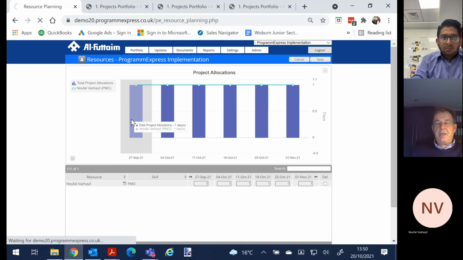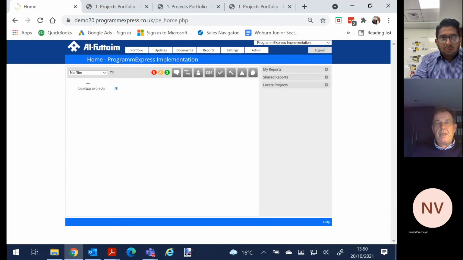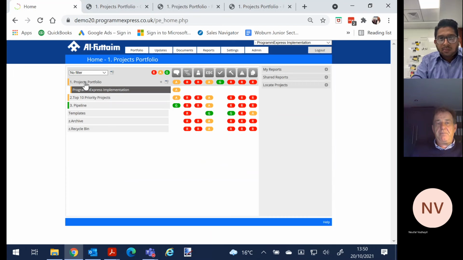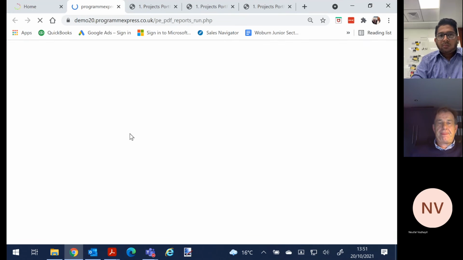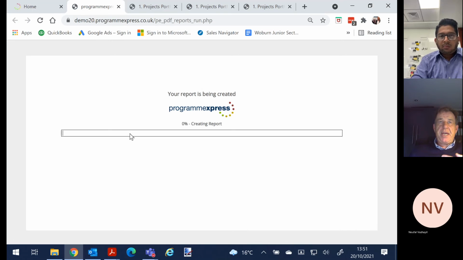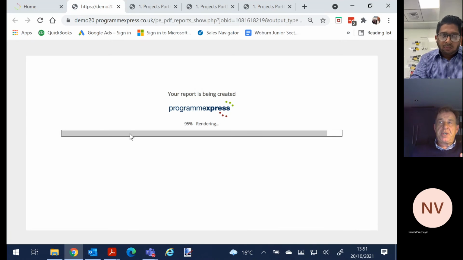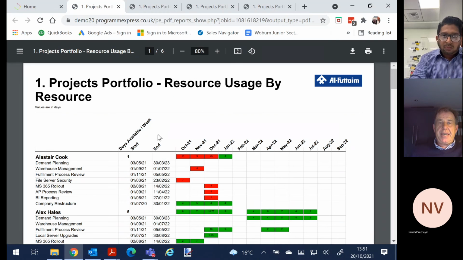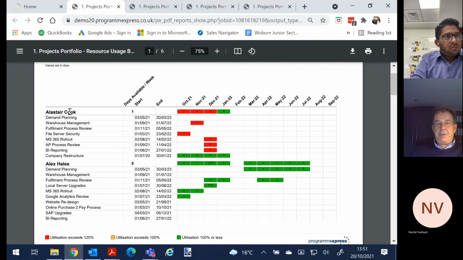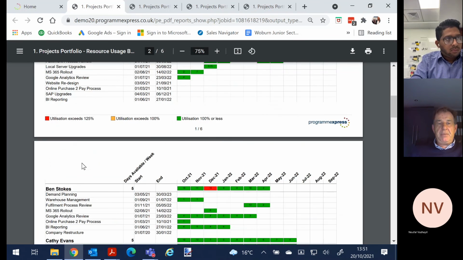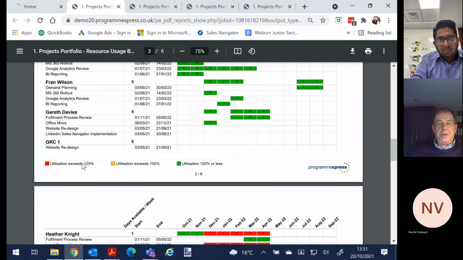So what does that mean? That means if I go back to my highest level portfolio and say, right, okay, let me run one that I've already prepared called resource usage summary. If everybody's saying what resources they wish to have on their project, you immediately get an Excel style report on people, how many days a week they're available. You know, some people have a day job and some people, project managers, 2 days a week. If I go down here to new file,